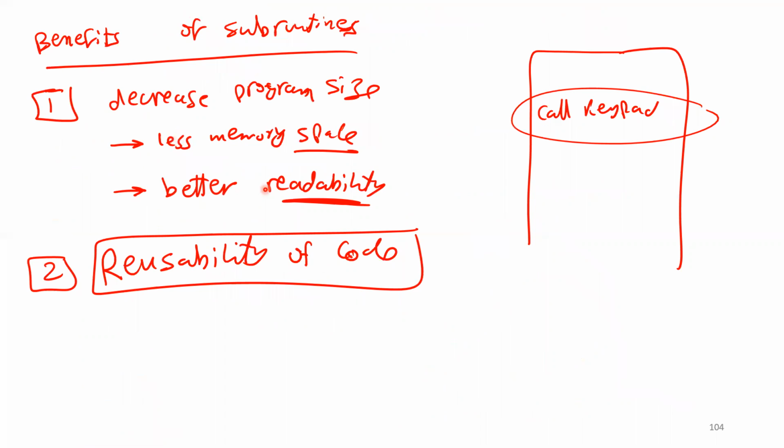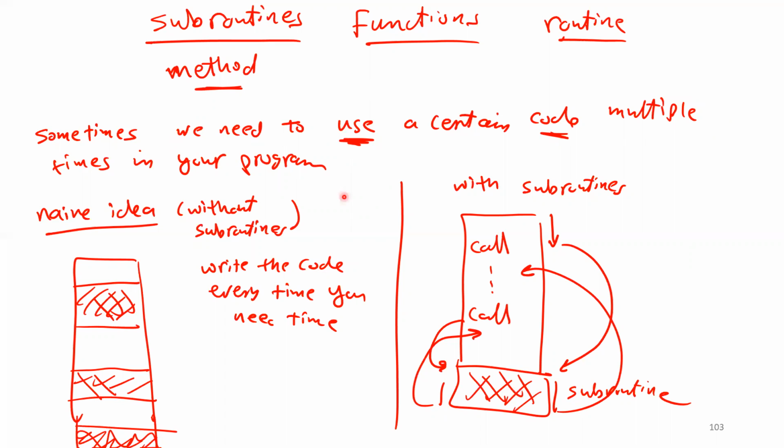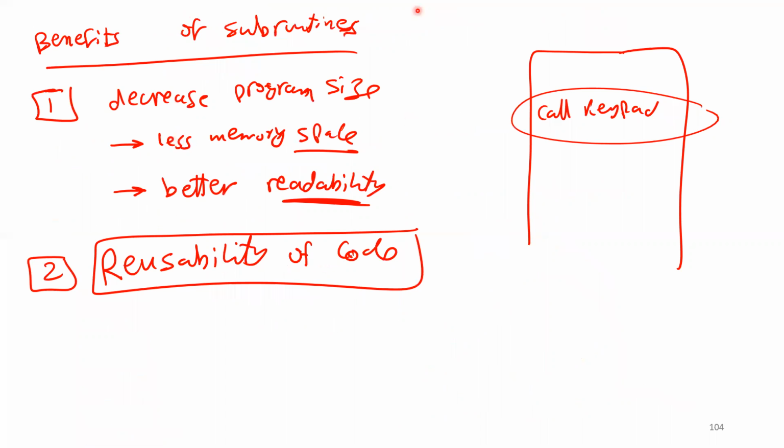Number two, as I told you, better readability, because here it's very confusing to read, because it's going to have too many lines. But here you are going to say call keypad, as you see here. So when I read the program, for me as a human, it's going to be easier. Call keypad, yeah, I know. So you are going to go to keypad in order to get a number, and then I can read. Yeah, now you got a number. So now what you are going to do is use the number, right? So it's going to be easy to read the code, right? Most important thing,